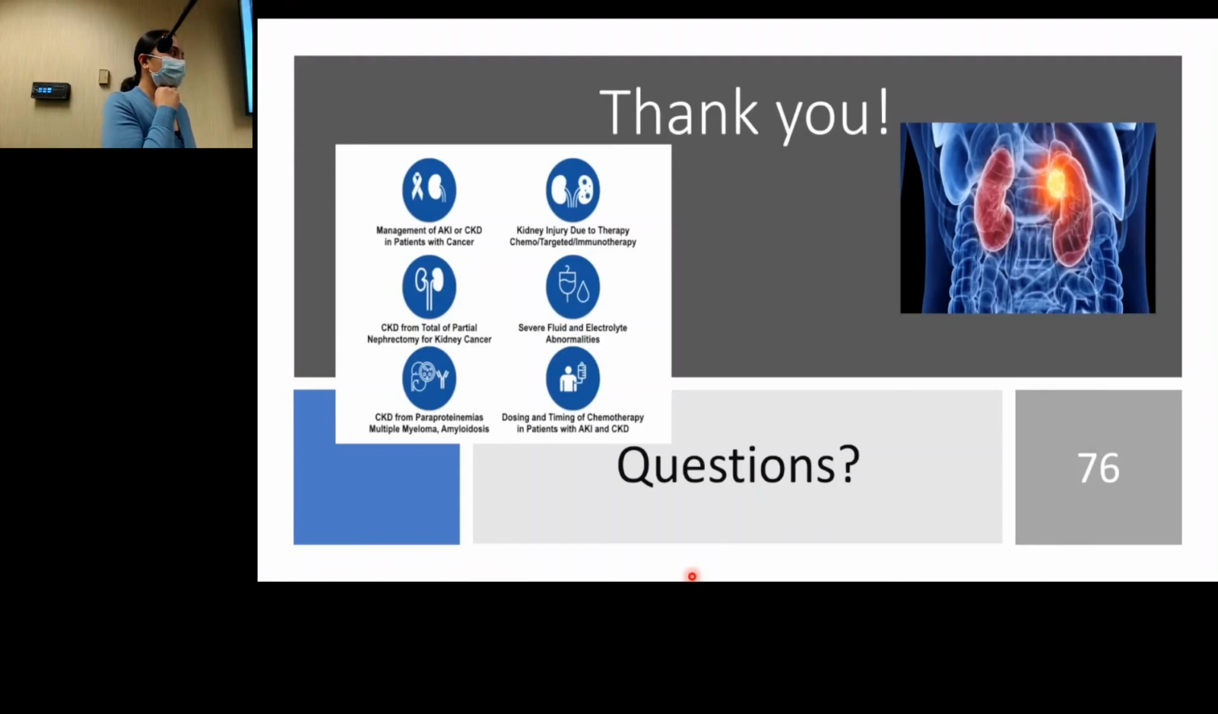Even with those who have gotten the checkpoint inhibitor, usually cellular rejection. So we do it with steroids. That's why the antibody therapy, so they